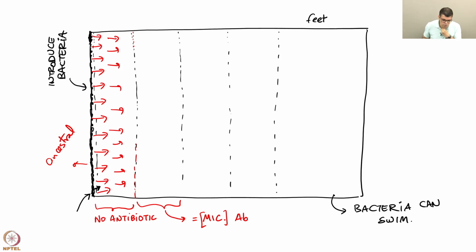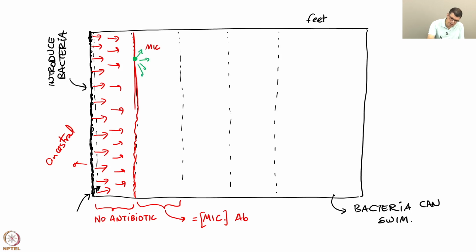So, what you should note here is that bacteria will reach here just fine, but once they are at this front, they can't grow beyond this because this region has MIC concentration of antibiotic. They can't grow. As a result of that, they will pause here. And now growth will not happen until an individual here acquires a mutation which allows for growth in MIC concentration